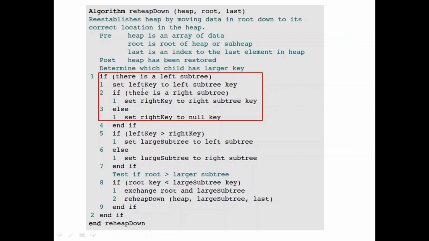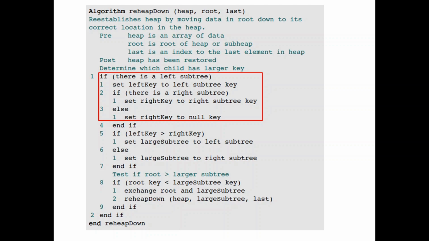The left key here is a local variable, and into that you assign the key of the left subtree. Now see, since it is not always a complete tree, it can be a nearly complete binary tree, it is possible that a particular node only has a left child but not a right child.